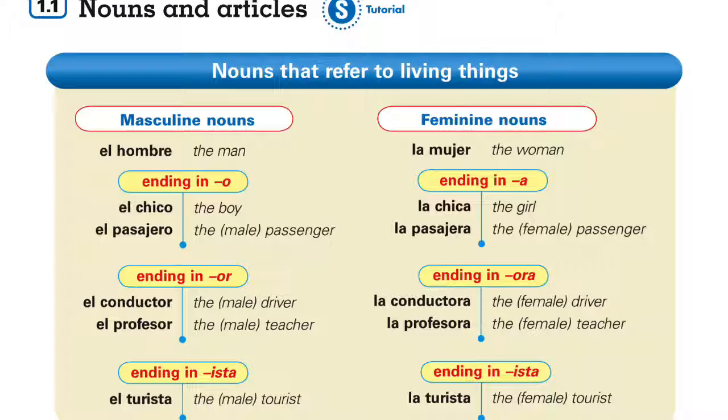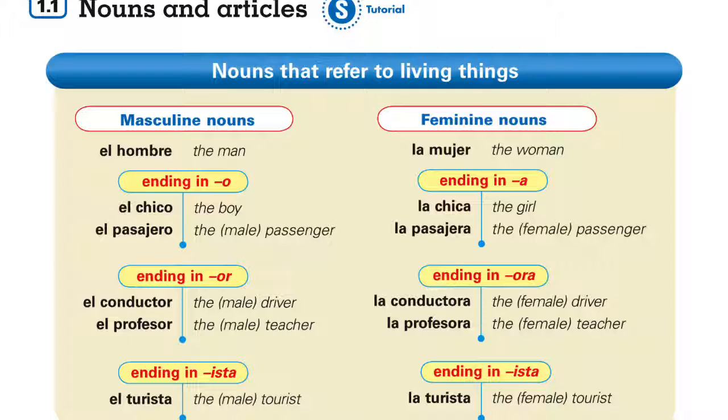This is a gender-neutral noun. Okay, the only reason we can tell is we look at the article in front. We either have el or la. Who can remember what el refers to? Good. El is for boy, la is for girl. Great. Muy bien. Están haciendo muy buen trabajo.